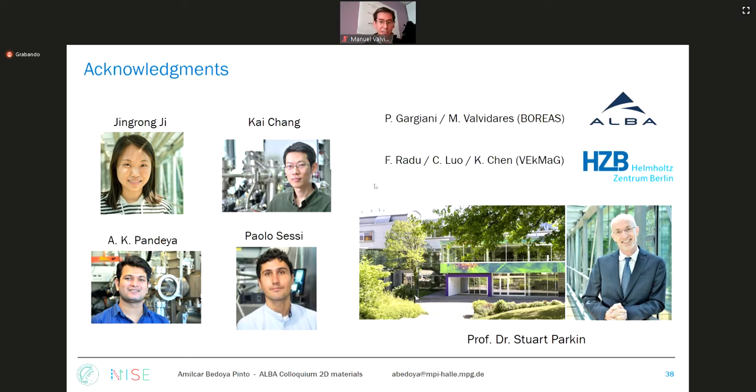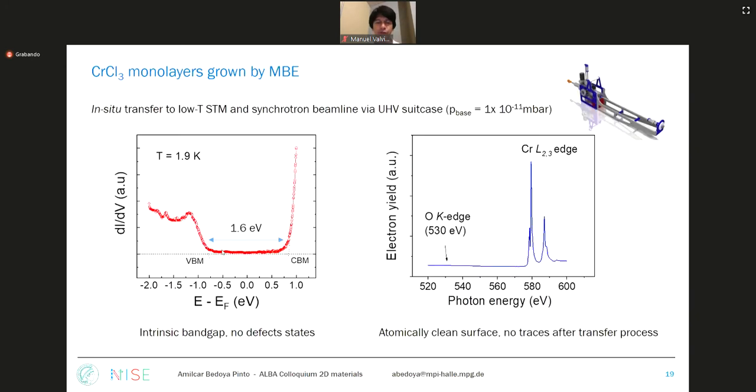Is there charge transfer between graphene and chromium chloride? I would say that if there is any, it's very little, because we have done these STS measurements where you can see a pretty clear band gap. We don't have any peak or any mid-gap states where you can say we have some kind of hybridization or charge transfer from the substrate. So we believe that this is electronically decoupled from the graphene substrate. So at least from that, we cannot tell that we have charge transfer.